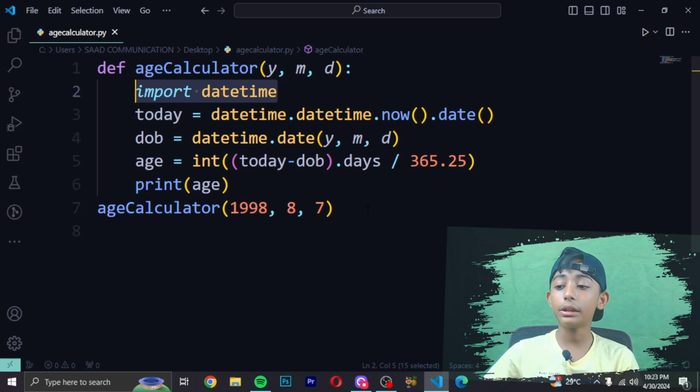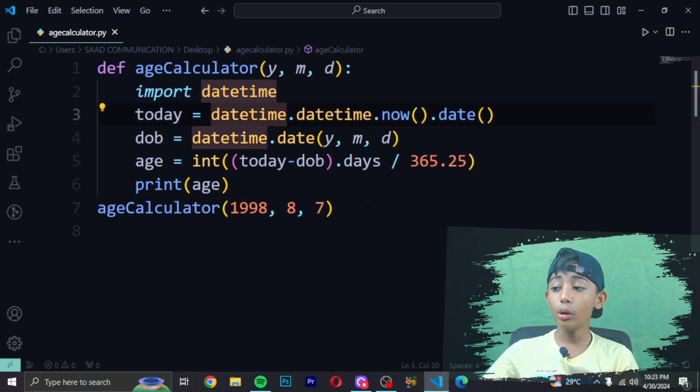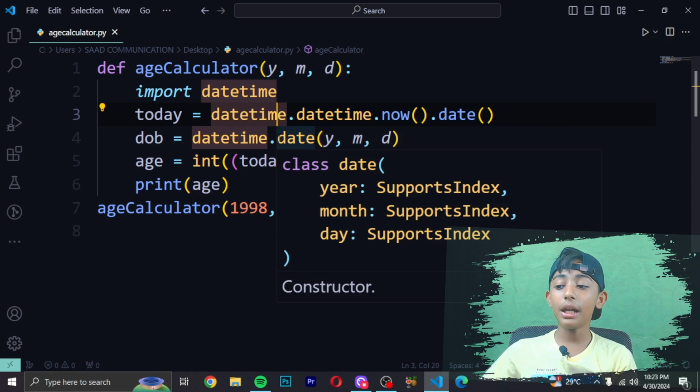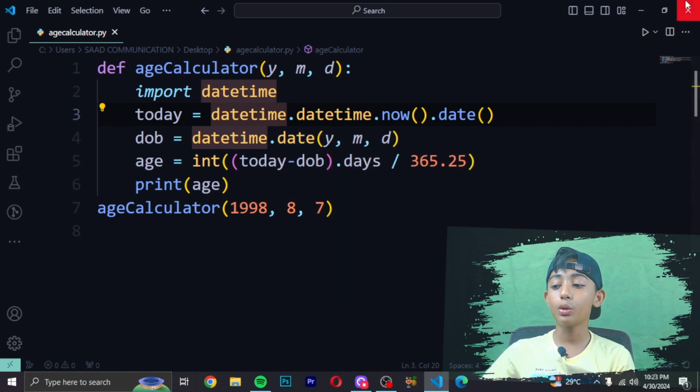Then in the next line, I am taking today's date by using the datetime.now method of the datetime module. Then I have introduced a new variable in the next line as dob, where I am using the date of birth as the input given by the user. Then I am subtracting the dob from today's date and then dividing it by 365.25, which is returning the age of the user.